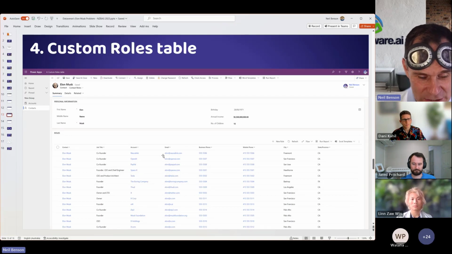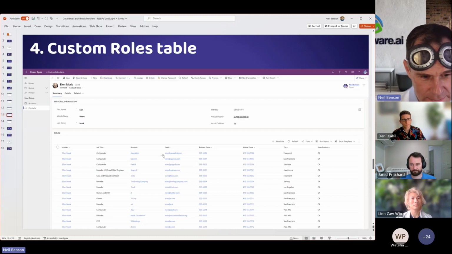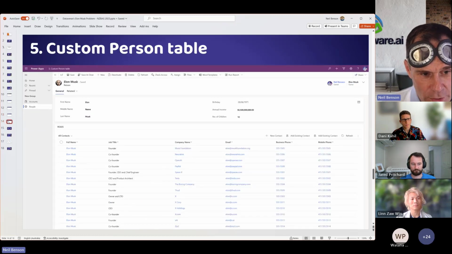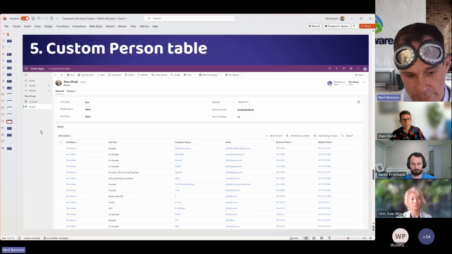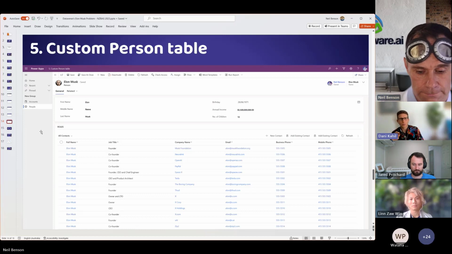It's a slight advantage of using leads, because leads may track in the CRM app for Outlook, and they may synchronize to your marketing application. If that's a dead set requirement for you, you might want to go for this custom person table, because then the contact record can have an email address, and you can have multiple contact records for Elon's different jobs and all different email addresses. Yeah, and here the person is actually sitting on top of all the contacts you have. That's right.